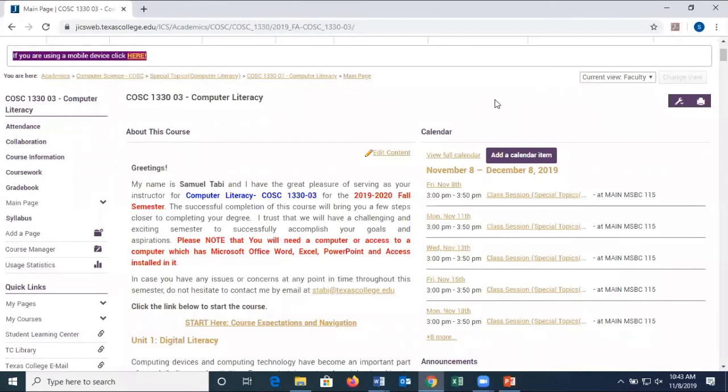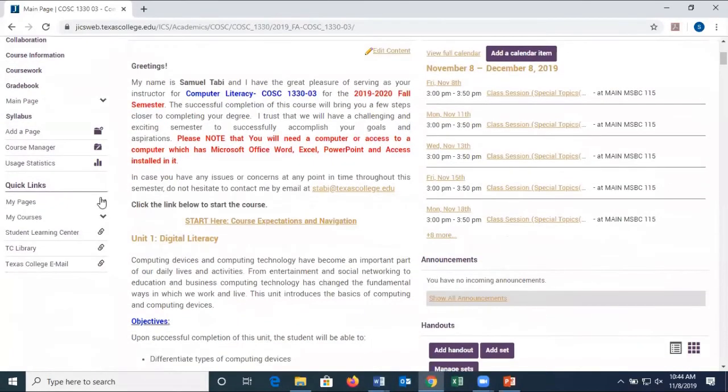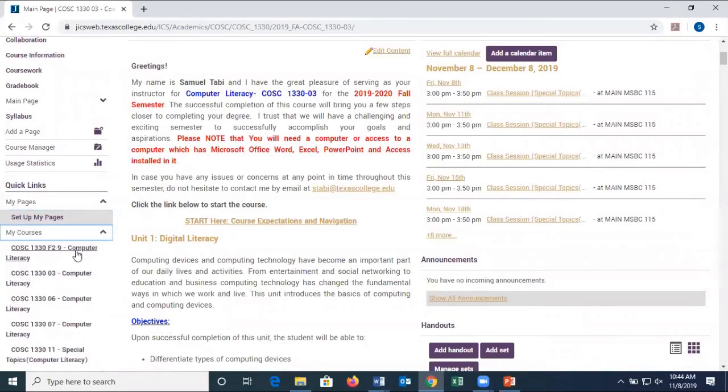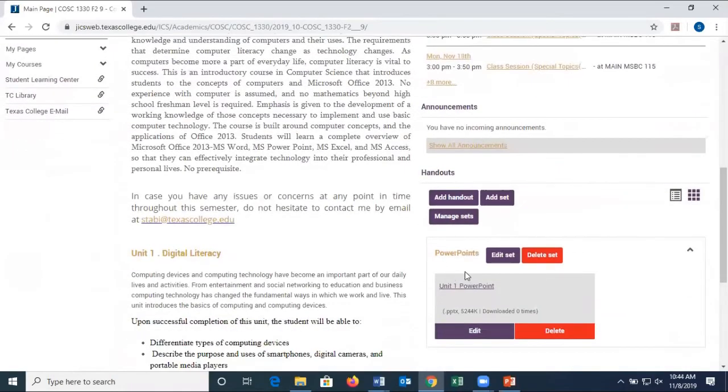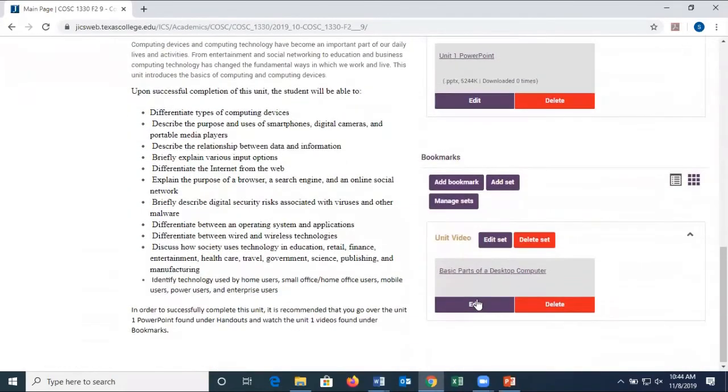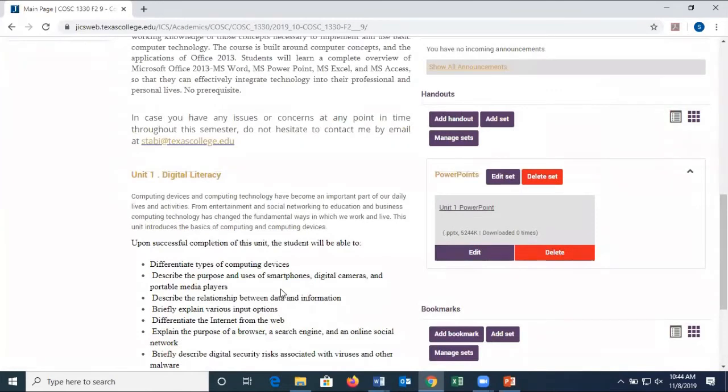So at this stage, let's assume that we've created the first lesson, the first unit. We have the introduction to the unit. Right here, my course is this one. We uploaded the resources, PowerPoint, and the video lesson. As part of the lesson, students are required to not just read the resources or the PowerPoint or watch the video lessons, they're also required to complete assignments, a quiz, a test,